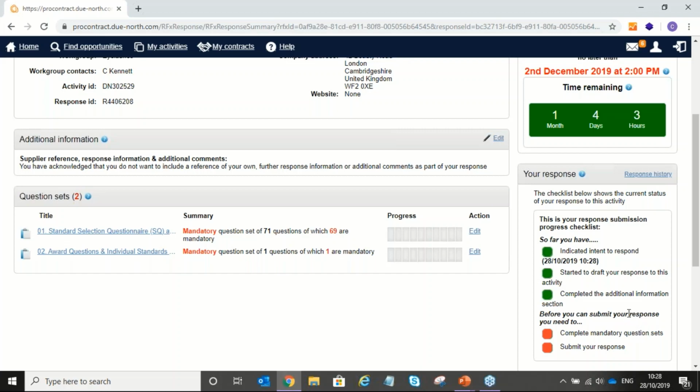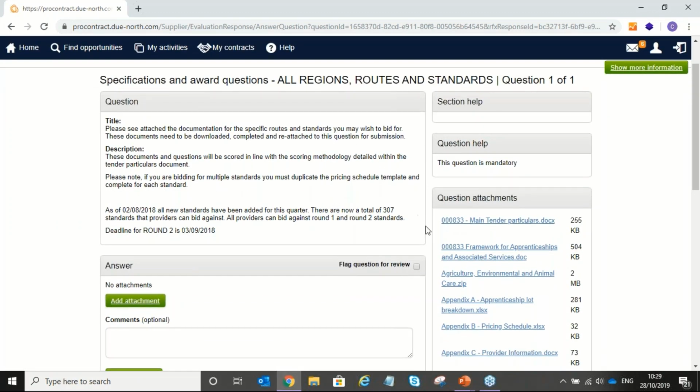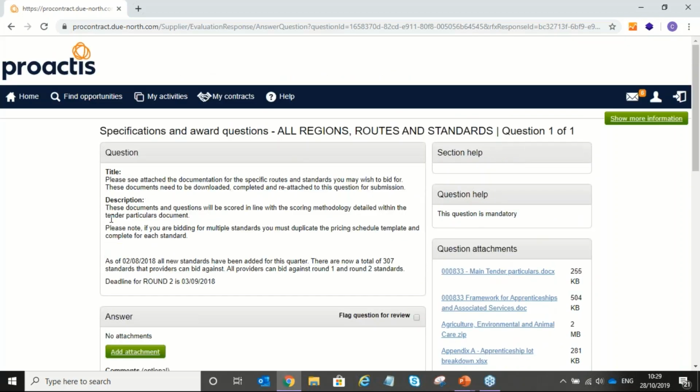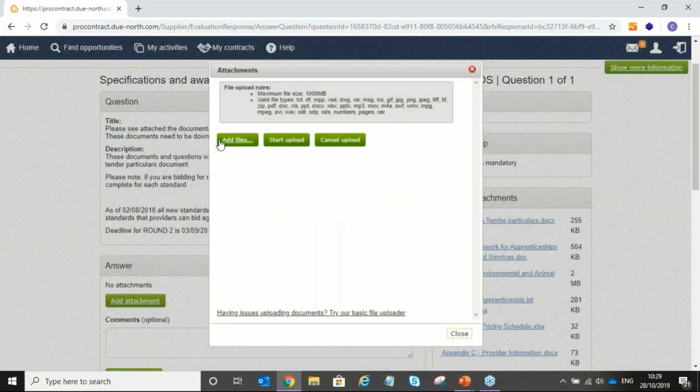So I guess the next bit really is to upload our documents that Charlotte's just gone through. So we're going to come obviously down to the award questions. We're going to come over to the right hand side and we'll click edit. So similarly to the SQ and the mandatory criteria, we look at our question and we go in on the answer question part of things. Obviously here you'll have had all your question attachments and everything. So this question requires you to respond with an attachment. So how you're going to do this is you're going to click add attachment, and then you're going to add files,